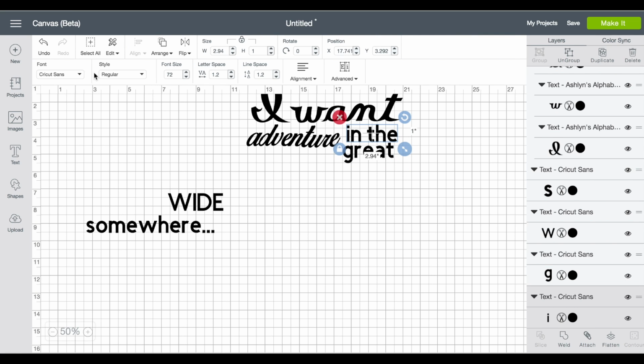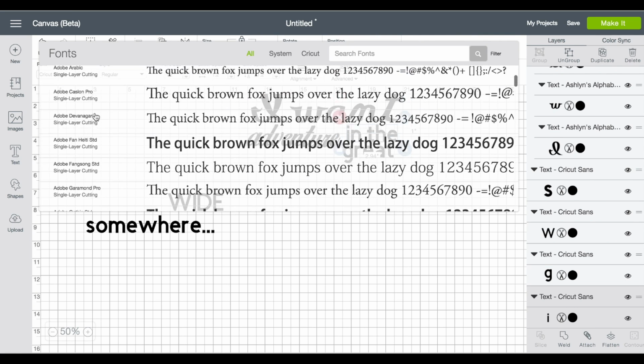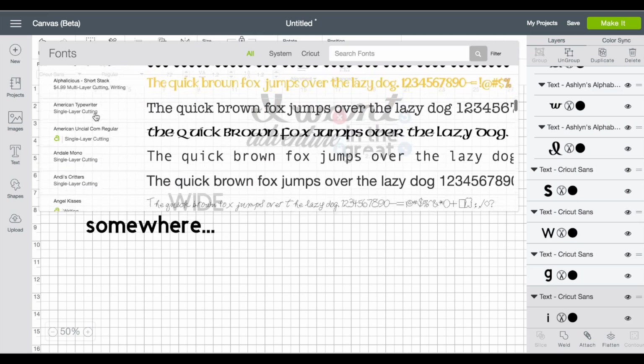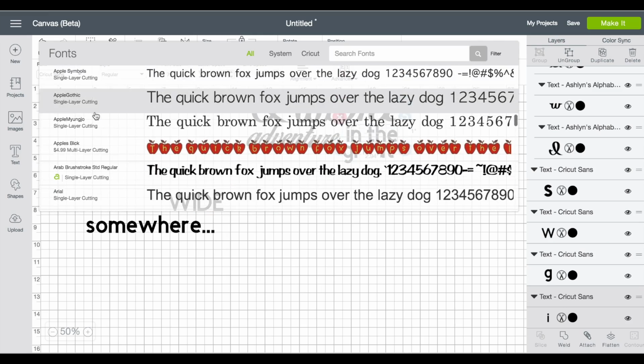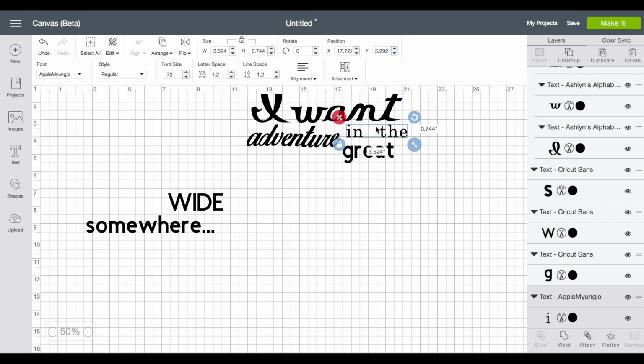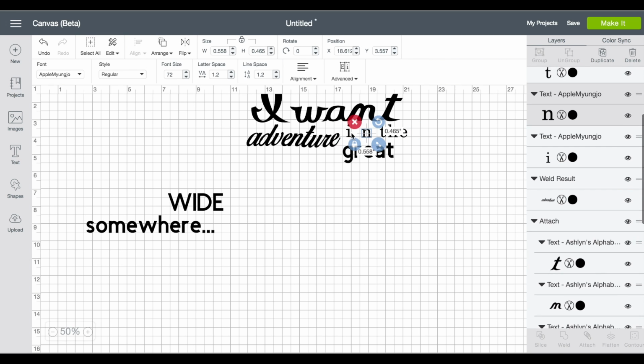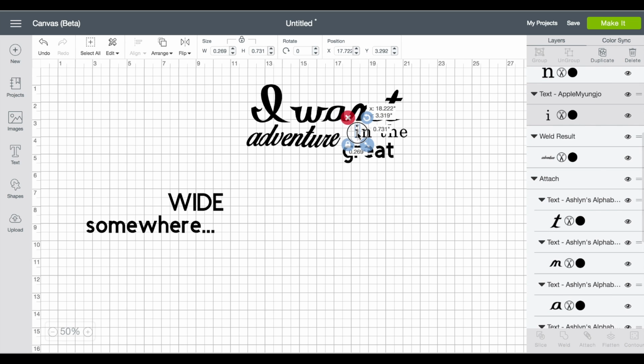But I want to change the font on them. So we're going to change in the Great, and I kind of want it blocky, but not too blocky. So like maybe this, and then let's just ungroup the letters and move in over.